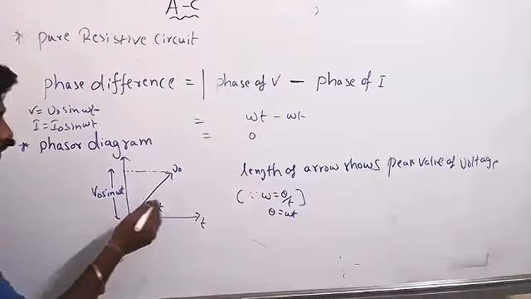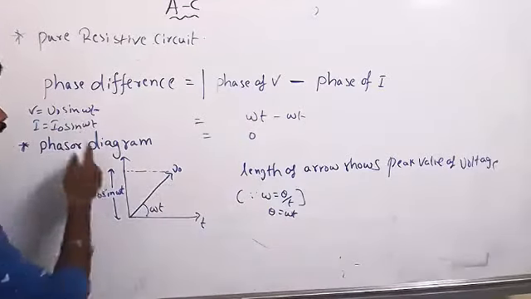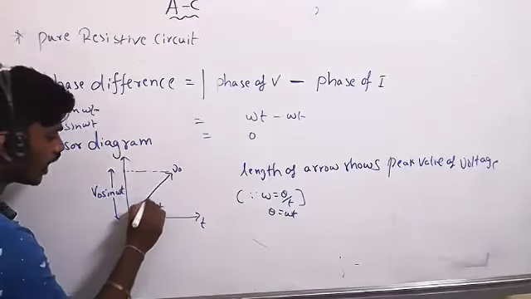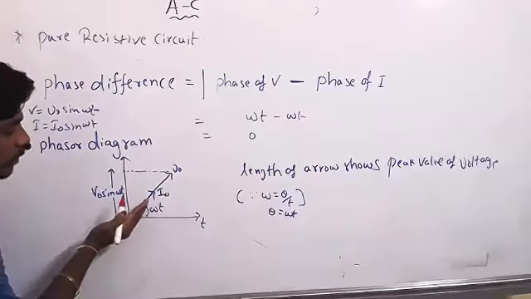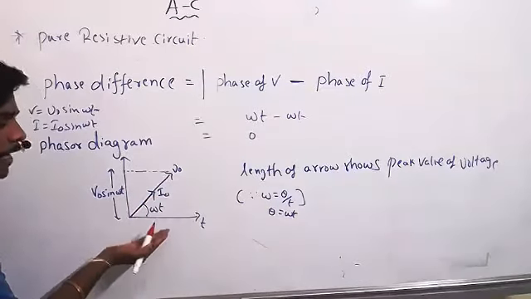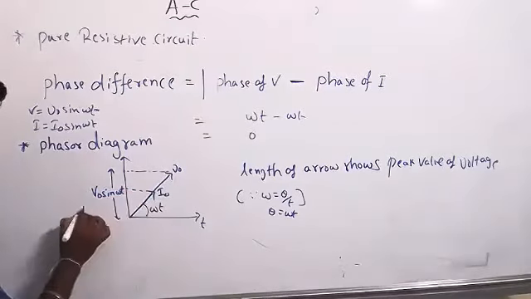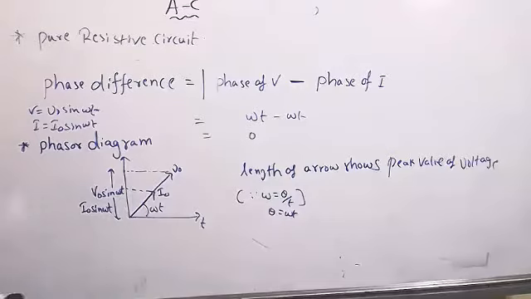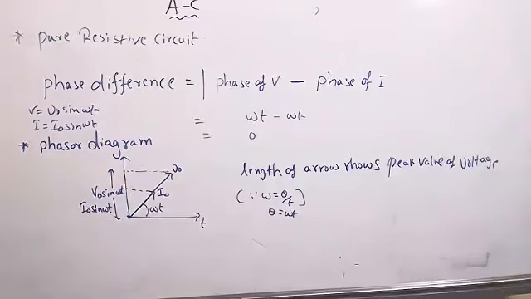Now, current. There is no phase difference, so in the direction where voltage is, in that direction only current is there. So I have given the current direction. It is my I naught. Again, if I project I naught in this direction, I naught cos theta will come. If I project in this direction, I will get I naught sin theta, like sin omega t. On this side I am projecting voltage and current, and on this side time.